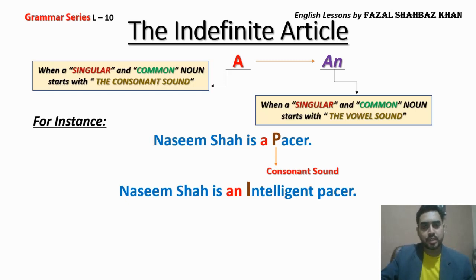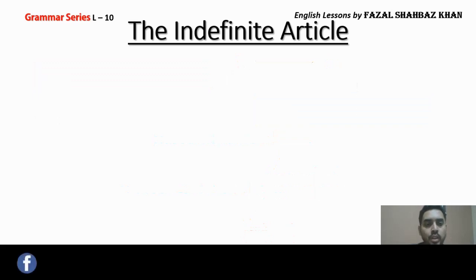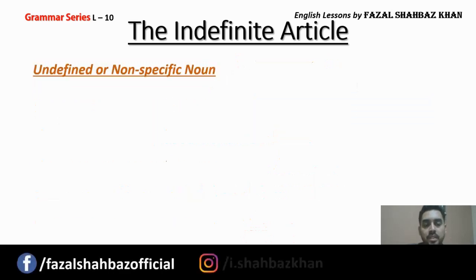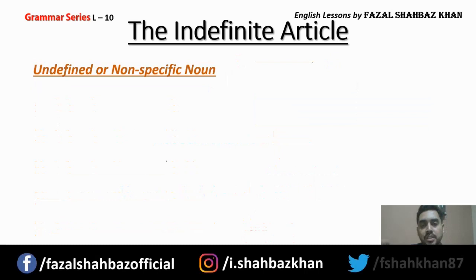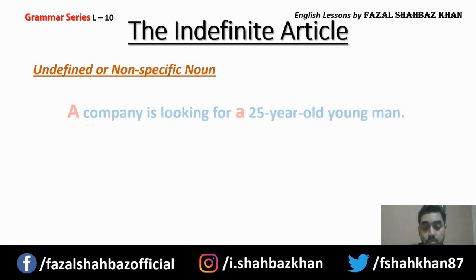Let's talk about further ideas where we can attach the indefinite article, both "a" as well as "an". As you can see, it is a vowel and it has the vowel sound. Moving on, the first thing is, the indefinite article, either "a" or "an", comes before an undefined or non-specific noun. For example,